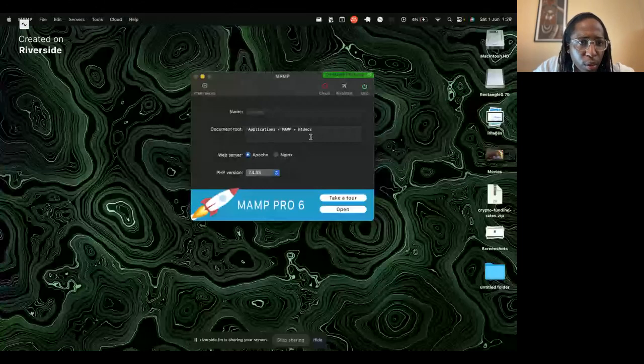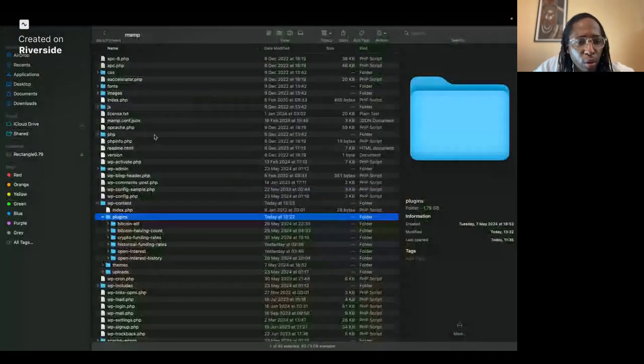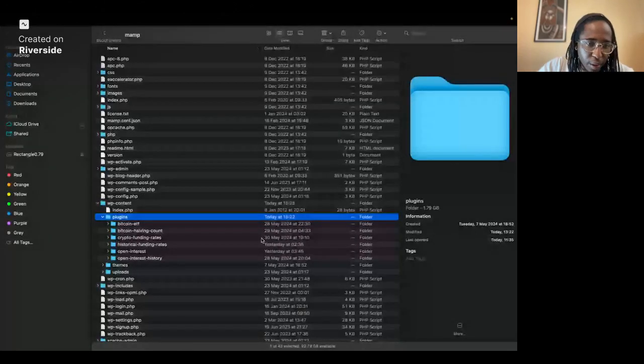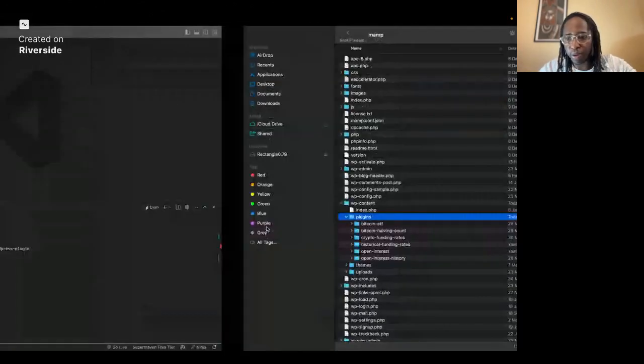On my local setup, here we have wp-content, and then we have the plugins directory. These are some of the plugins I already have on my WordPress local environment. So that's what we're going to do. I already have